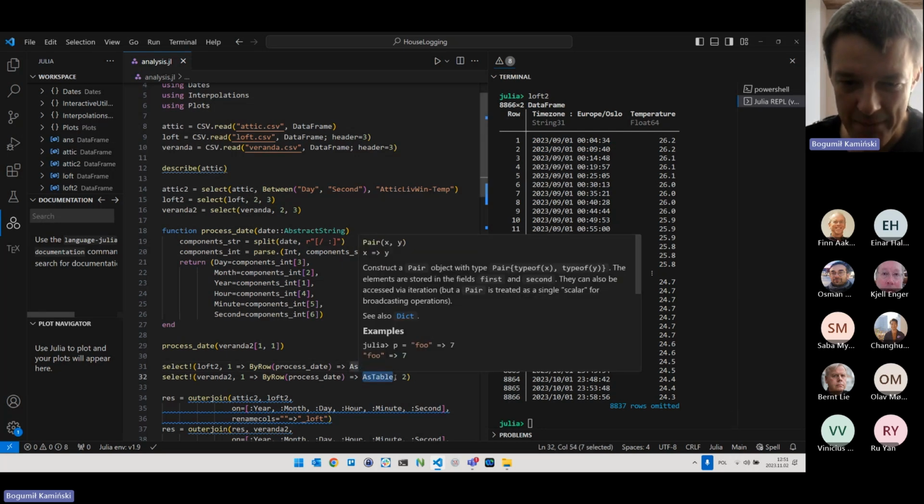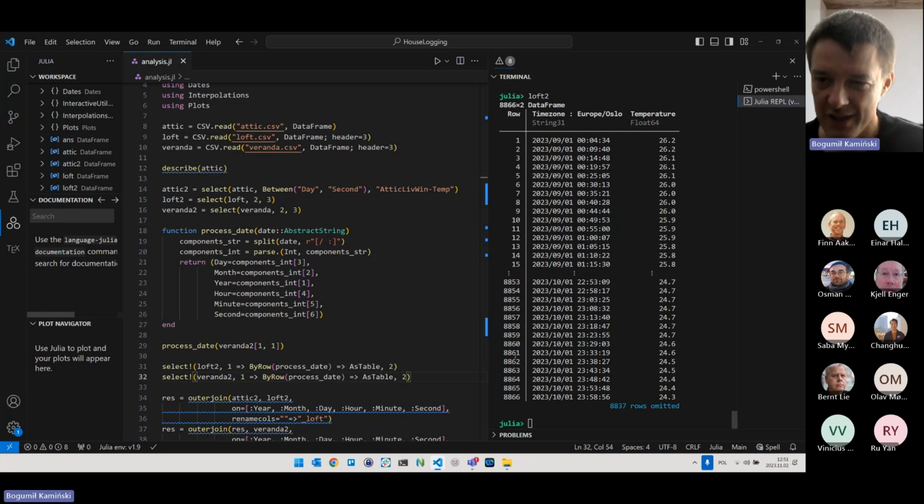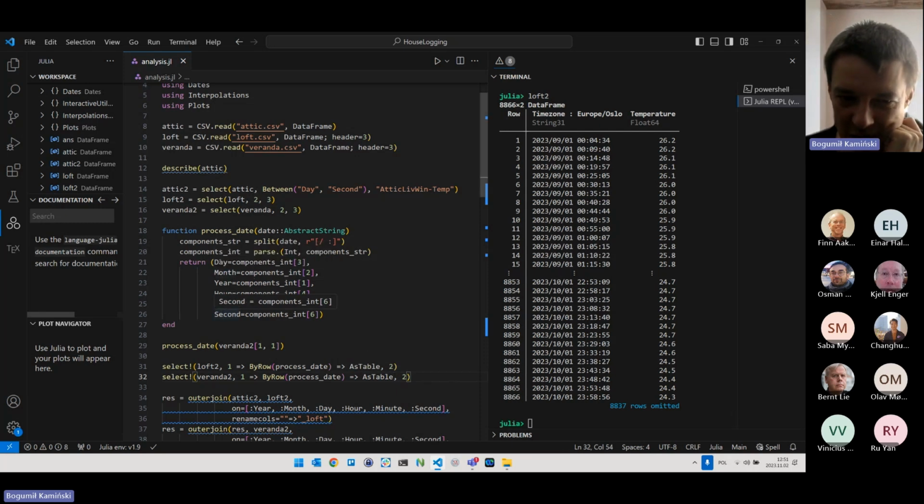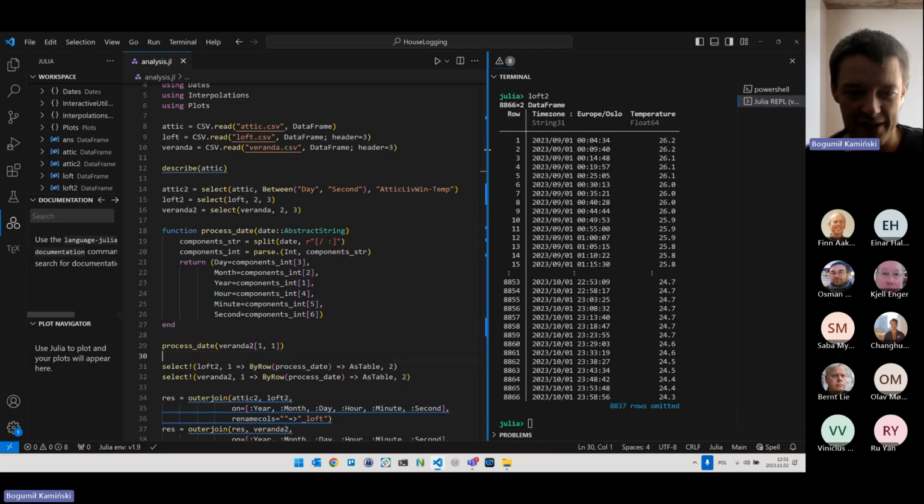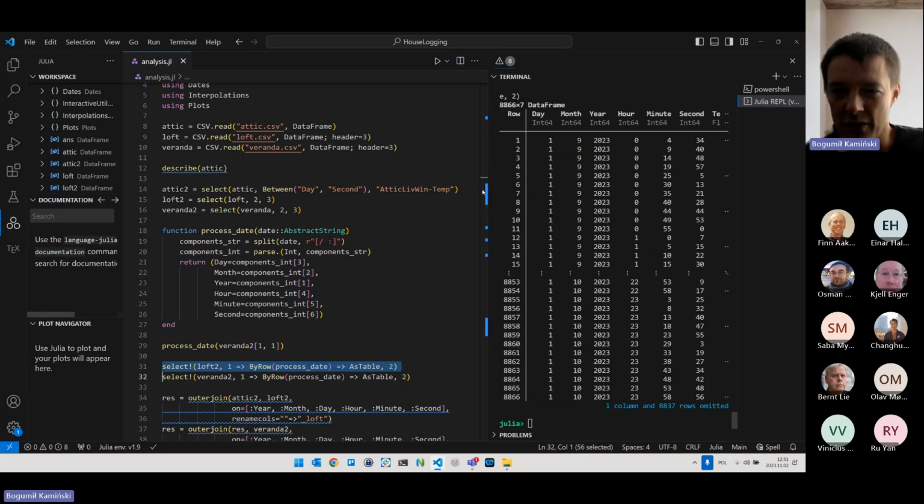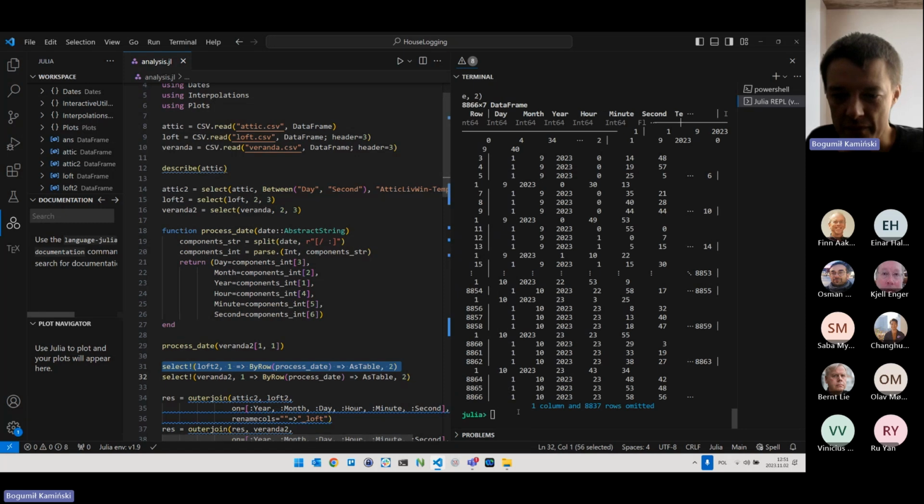And this as table here indicates that I actually have multiple columns in the output. So I want to create multiple columns in the output. And the number 2 simply says to keep the second column as it is. So if I run this operation on the loft2 data frame,